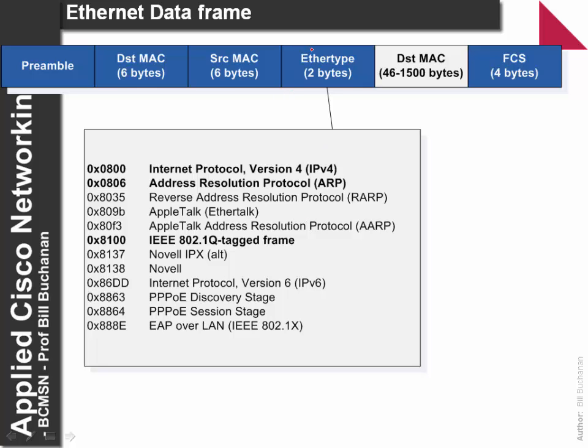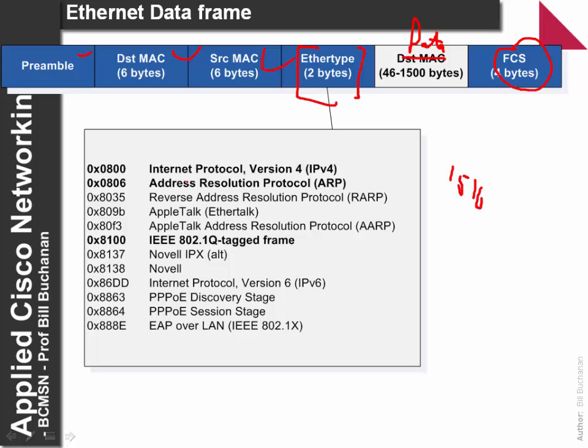So basically the way that it's done is that in the Ethernet frame we have some preamble, a destination MAC address, source MAC address, and then we have the Ethernet type. At the end we have a frame check sequence. Then in between we have some data in here, which can be up to about 1500 bytes long. About 1516 bytes is around the maximum length of a data frame.